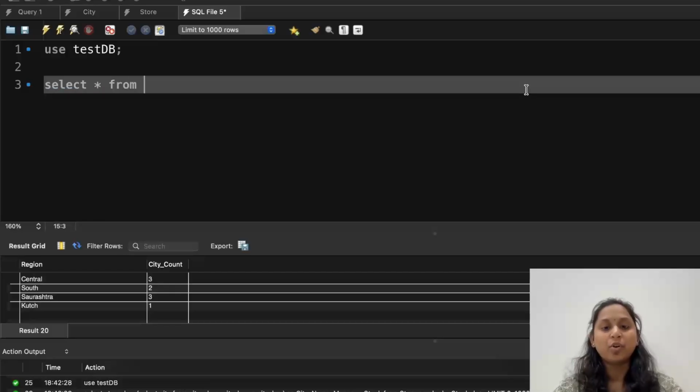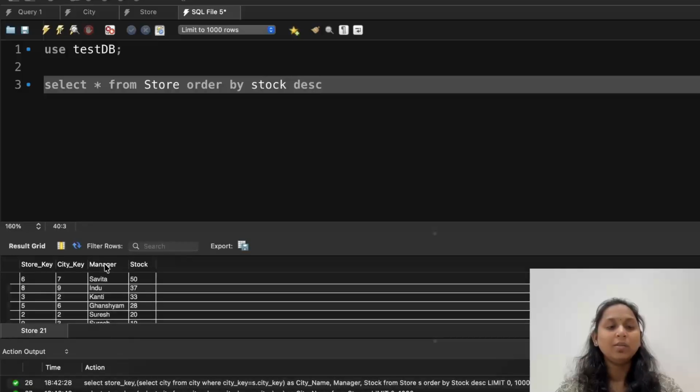So what was the query I can fire? Select star from store, and what is the order by? Order by. Now you can ask me, why ma'am star? Why not only store? If they don't mention what they want in your result, you can use the star. Fine. They are more interested in the detail about which specific store belongs to the top 2 stock amount. Fine. Now I want to do the order by on stock, but in descending form. So they will list all the detail, but I'm not interested in all the detail. I only want the first 2.